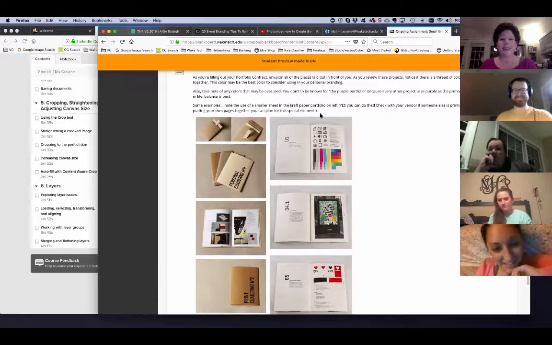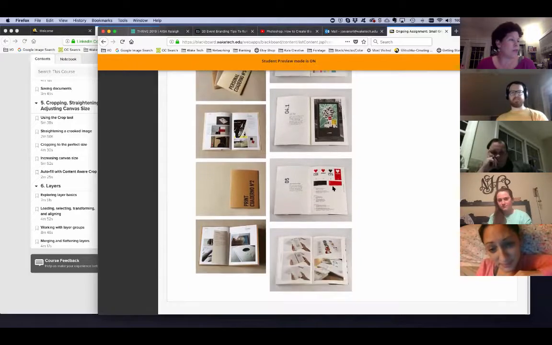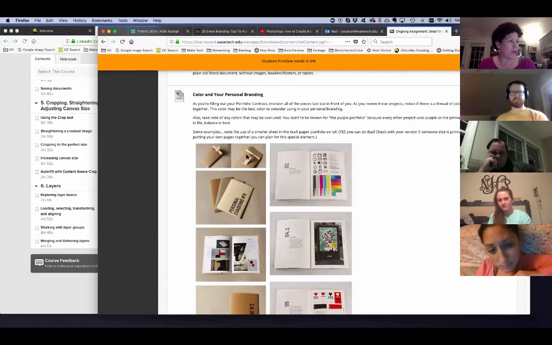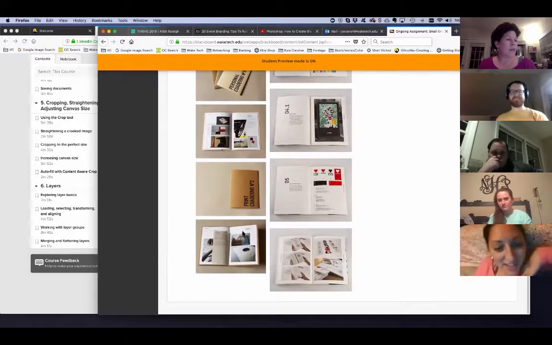Yes. One little thing, and I wrote about it here in the color in your personal branding. This really doesn't have anything to do with color, but I want to point something out to you that I love, basically. You see this portfolio here. Number one, I love that it's in this envelope. But the main thing that really just makes me smile is this short page. You can do that. You can totally do that. Now, if you're paying for a lay flat book, panorama book, you don't have that luxury. But if you're putting this thing together with like a screw post type of thing and you are in control of your pages,